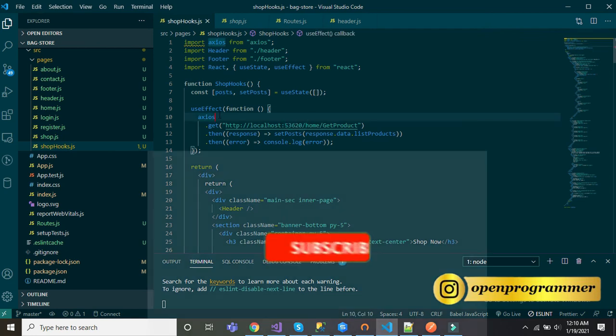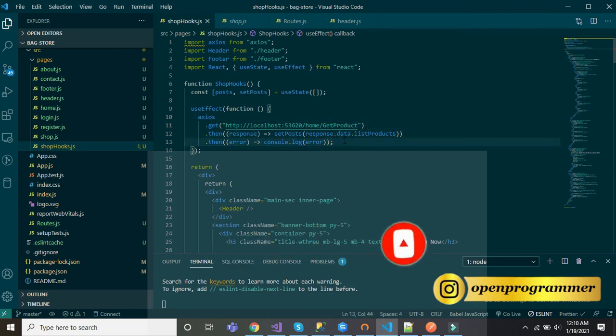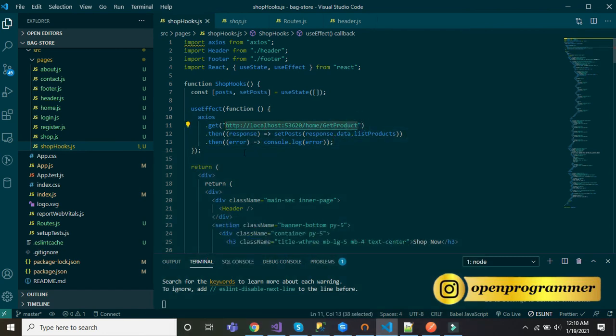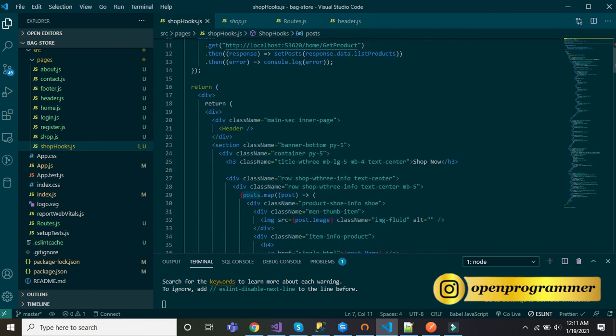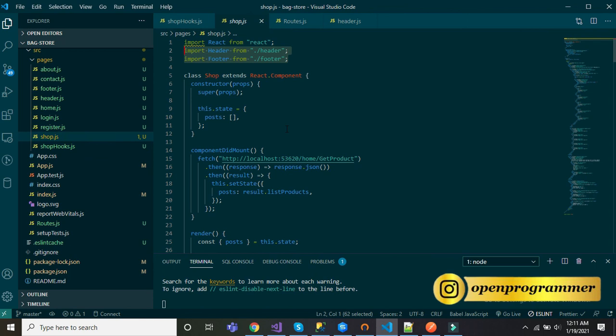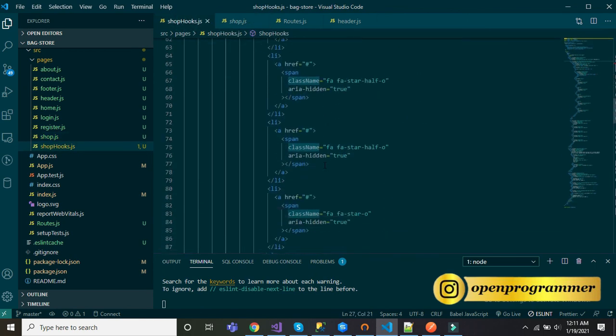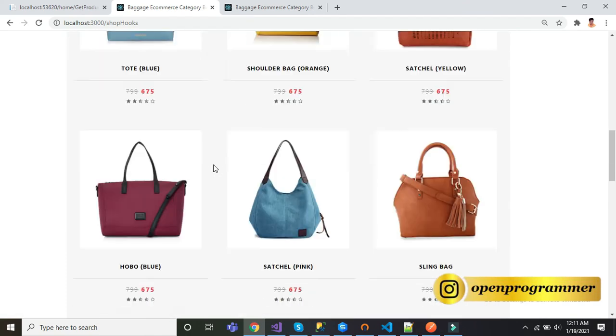Then in useEffect, we are using the axios.get API to get the data through this API endpoint. And once we get the data in our post array, we are returning the same JSX as shop.js. You can see.